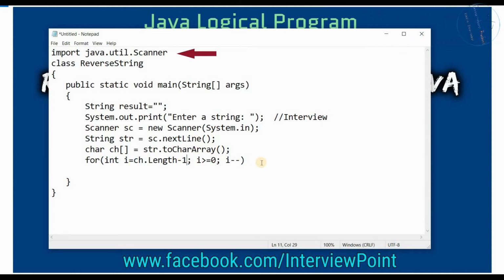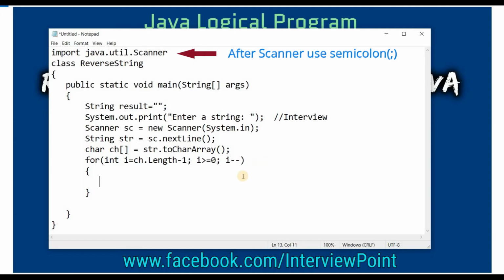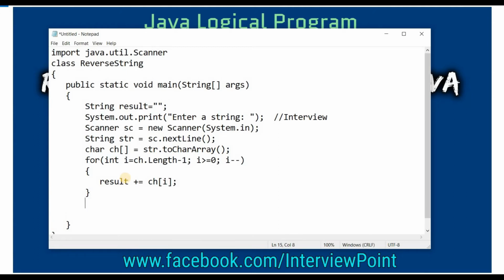Okay, now I need to write the logic inside it. This is a very simple logic. The loop is very important, how it works and how we write it. You need to understand this loop first, and then this line is very simple. I have created one variable, this is the result. So I will use result += ch[i]. Okay, now understand how it works. Before understanding the loop, I will write my final line.